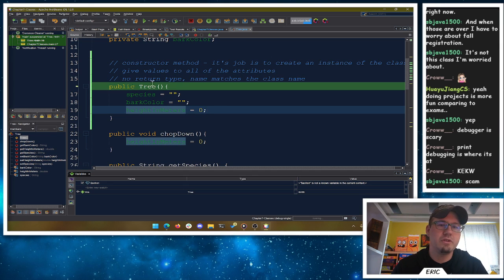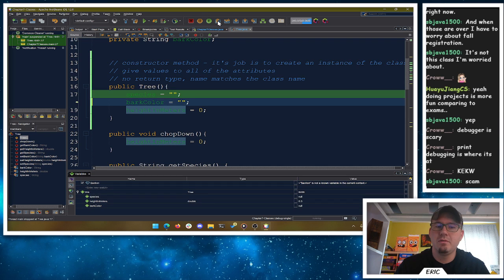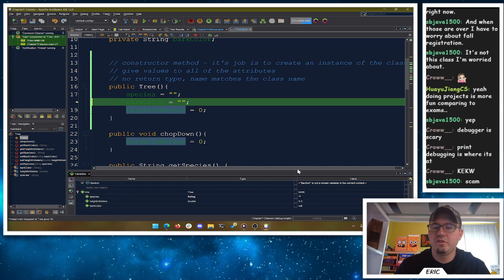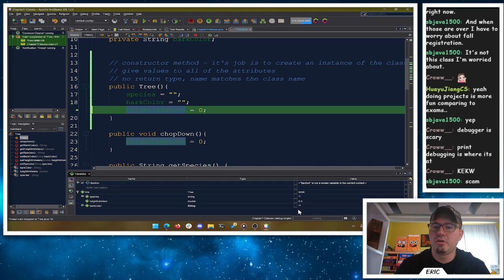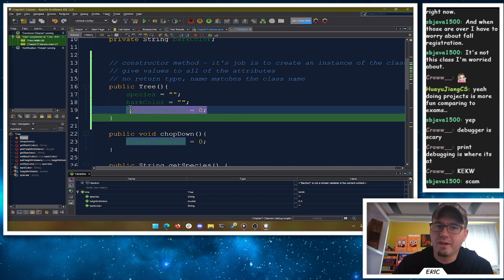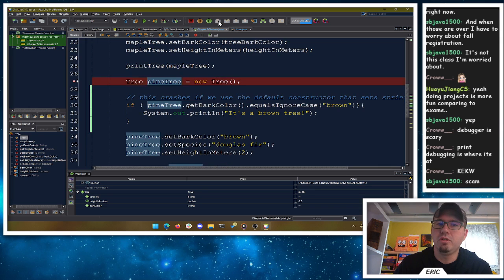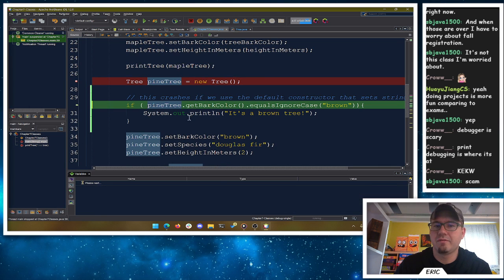All right, so now the tree constructor, we'll see I have values. Again, they start as null, 0, and null because that's what they are, but we're about to give them values. So now species is no longer null, it's just empty. Bark color is no longer null, it's just empty. Height is still 0 because we just don't have a tree, right? Sometimes the 0 is a fine default, but for our reference types, now we are no longer null, and it's much safer.